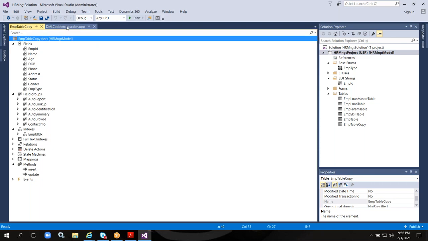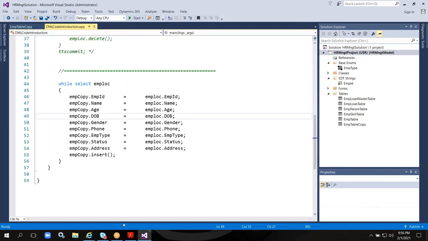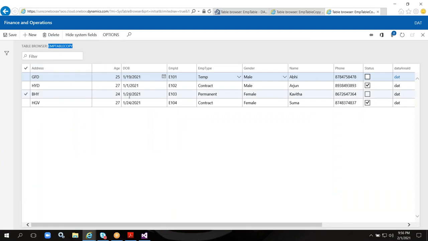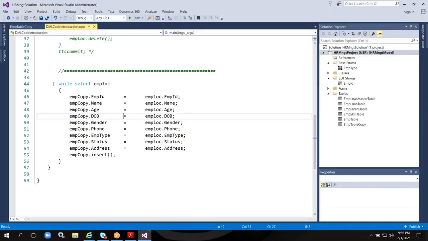and I just want to update some data in this table, the emp copy table. In the copy table I just want to update the age value, like there is 25, 27, 24, 27. I just want to add 1 year to all the people, like 25 should be 26, 27 should be 28, 25, 28, like that, plus 1 on this particular column. Updation process,